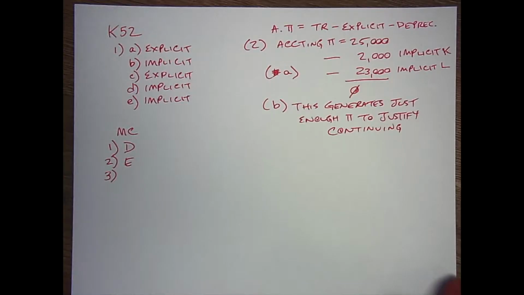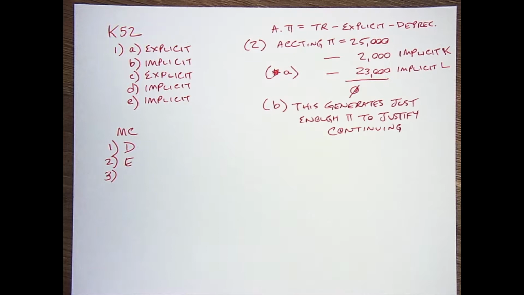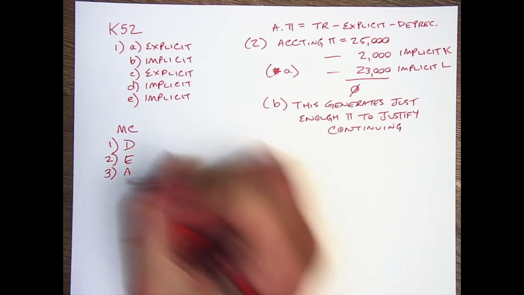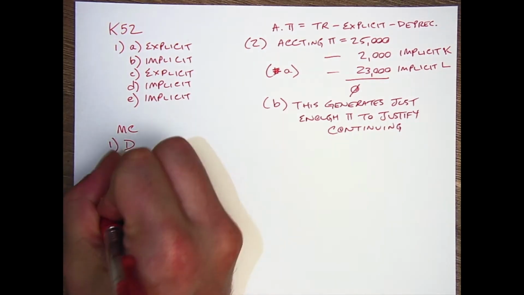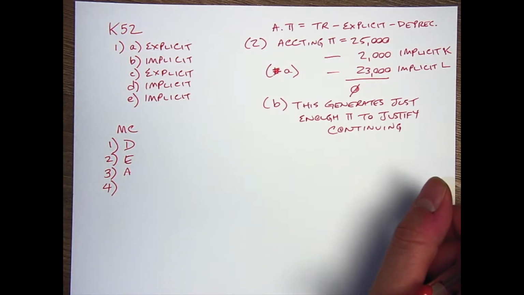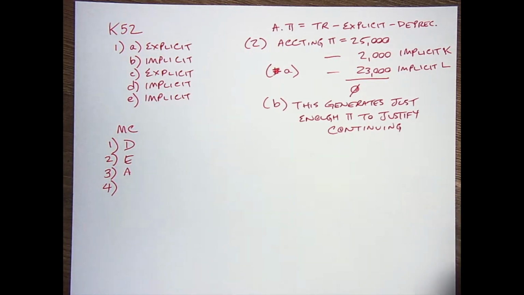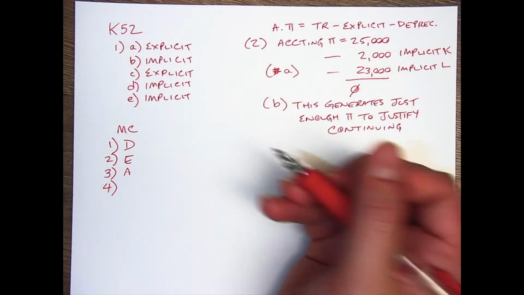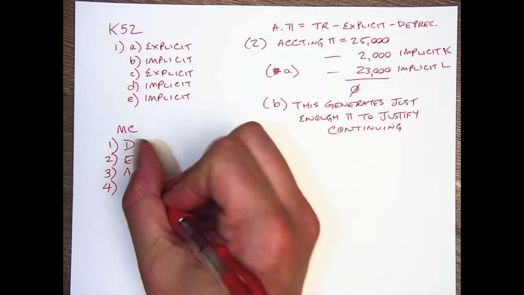Number 3 is, which of the following is the best definition of accounting profit? Accounting profit is total revenue minus depreciation and total explicit costs only. That's A. Number 4 says, which of the following is considered when calculating economic profit but not accounting profit? Economic profit is inclusive of implicit costs, but accounting profit does not include that, so the correct answer is